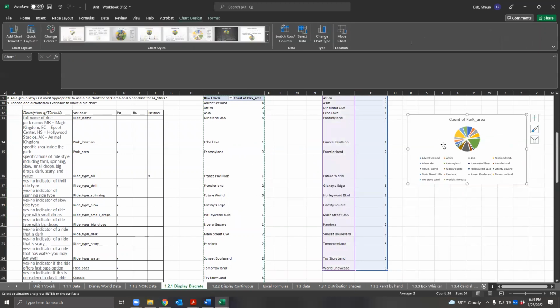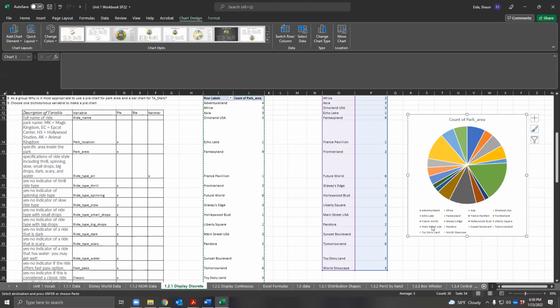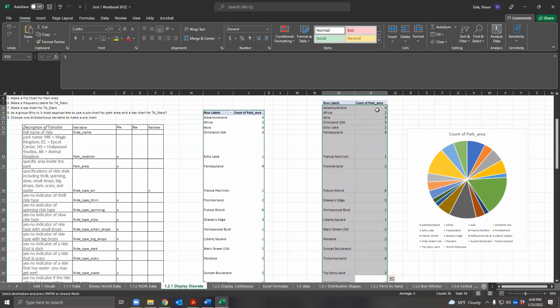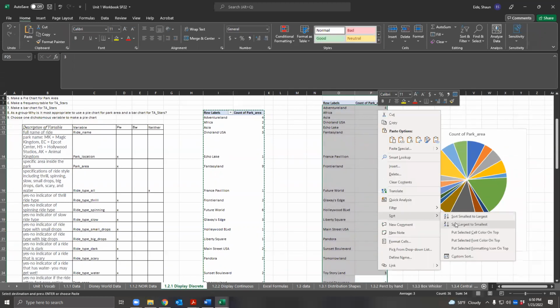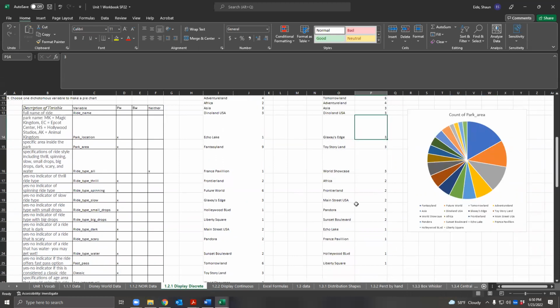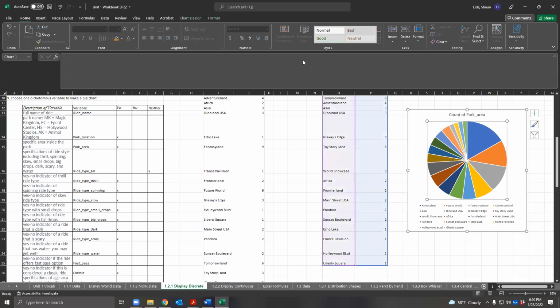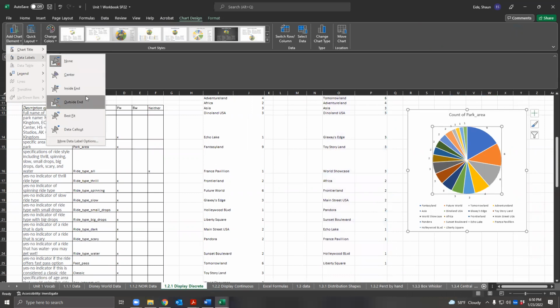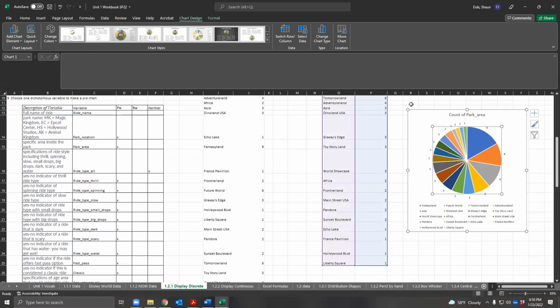And I'm going to come over here. And this is cool. What I would suggest you do is put these in order from greatest to least, sort. Okay. And so you can put all of these in order like this. And then you can, let's see here, chart design, add chart element, data labels, outside edge. So now we have the count, but now I'm going to click on this and I'm going to say,